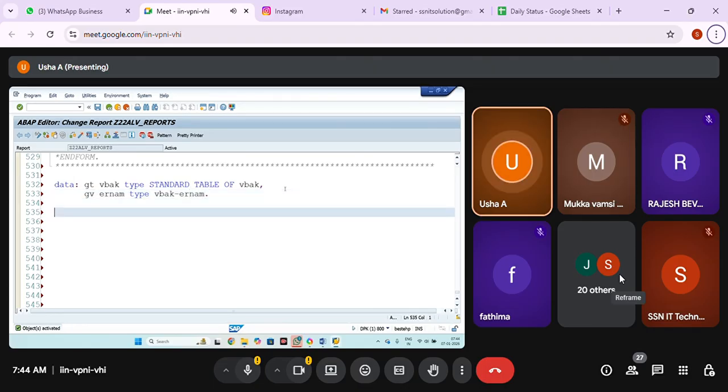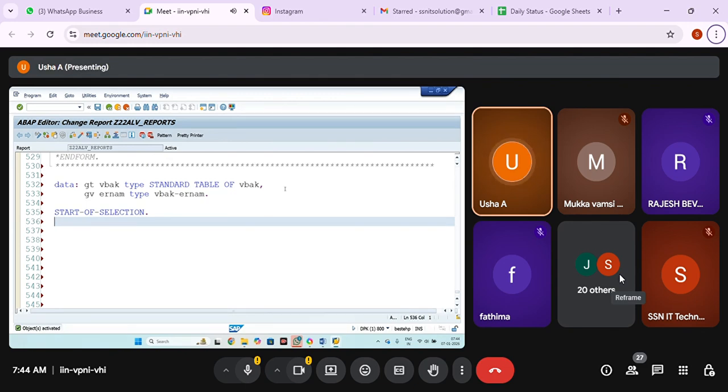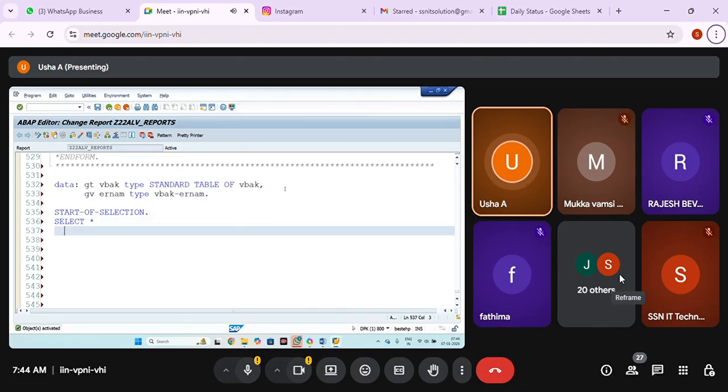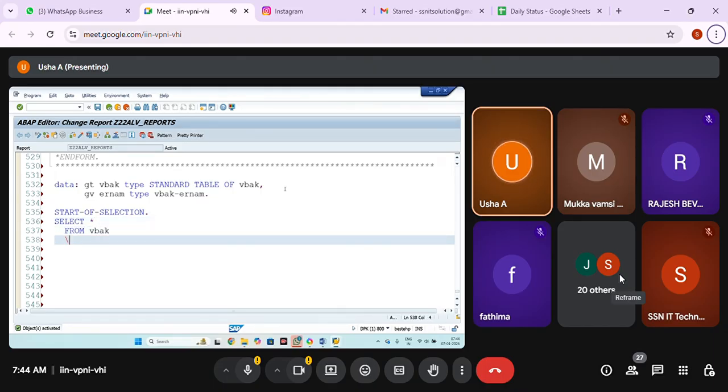Wantedly here I'm just taking all the fields so that I can show it easily, but you would use a field catalog if the fields come from different tables or different fields.